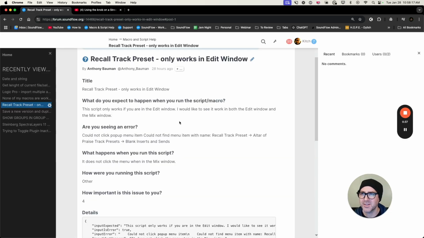So in this question that Anthony has asked, he said, recalling track preset only works in the edit window. Yes, that's correct. It only works in the edit window. A lot of the SoundFlow functions that are inbuilt in SoundFlow only currently work in the edit window, but there's a way around this, and that is to switch to the edit window and then return back to the window